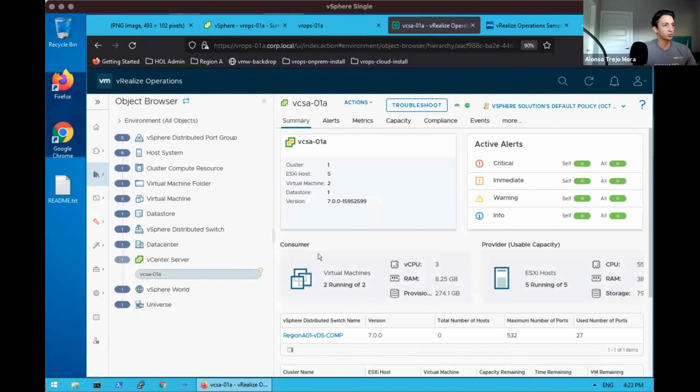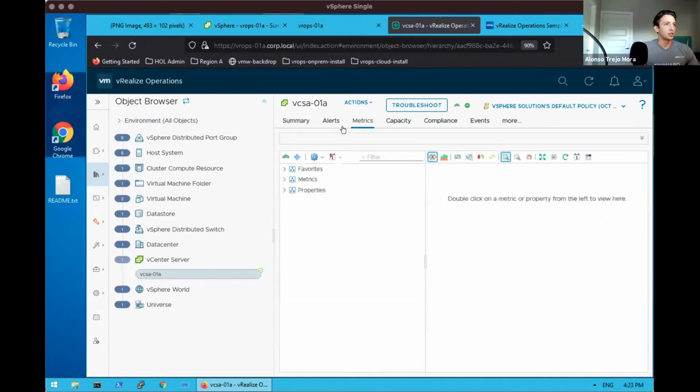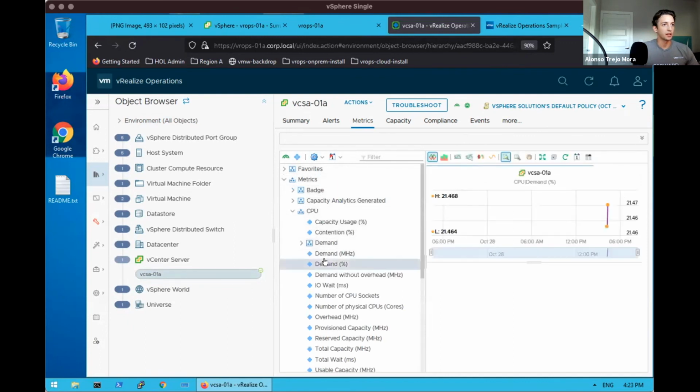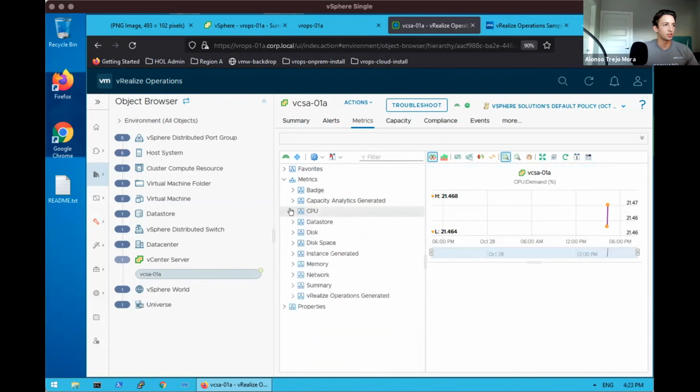So from the vCenter's perspective for assets under management, we see our 5 hosts, 2 virtual machines, effectively our vCenter, vSphere inventory. And as we add more integrations and management packs, we could get those as well. In addition, if we wanted to see where those raw metrics actually are and what those values are, we can check here for instance, demand percentage. So we get some initial values here for CPU,